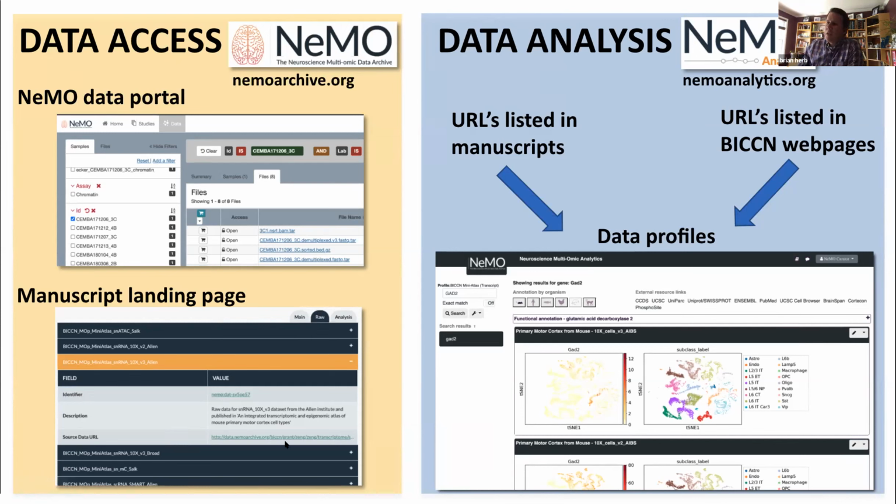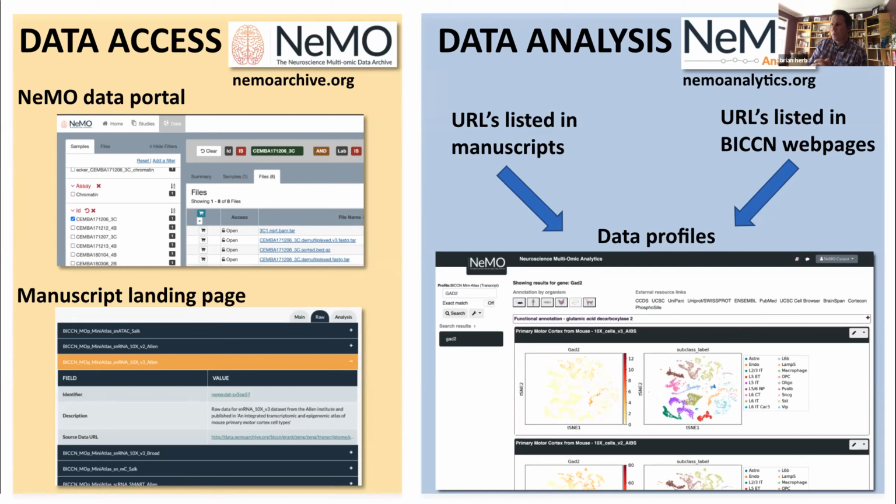So all of this data we're curating and drawing into Nemo Analytics. The idea is that within Analytics, you have all of these data sets available to you for comparison, and we're heavily emphasizing visualization tools. Whereas you may have just a single view of a single data set, one thing you can do in Analytics is stack multiple data sets next to each other and make a comparison at the gene level. You can even compare between transcriptomic and epigenetic data as well, as we'll see in a couple of these profiles.